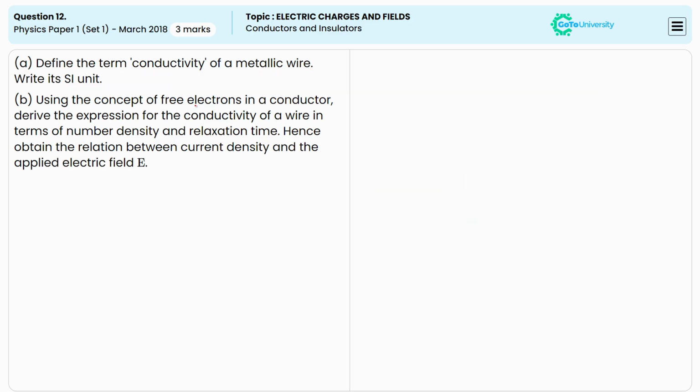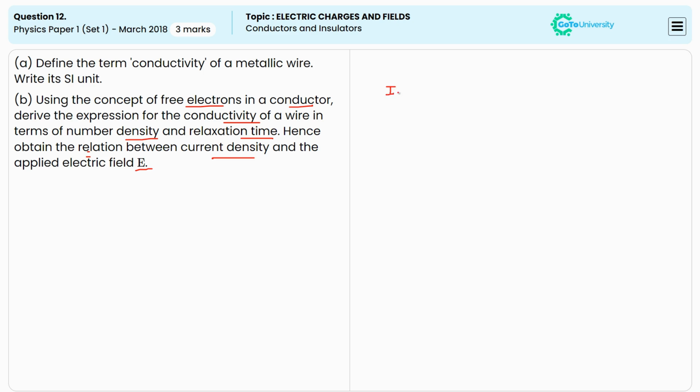Using the concept of free electrons in a conductor, derive the expression for the conductivity of a wire in terms of density and relaxation time. Hence, obtain the relation between current density and the applied electric field E. In order to find the relationship between the current density and the electric field, we are supposed to know the relations of a current, that is I